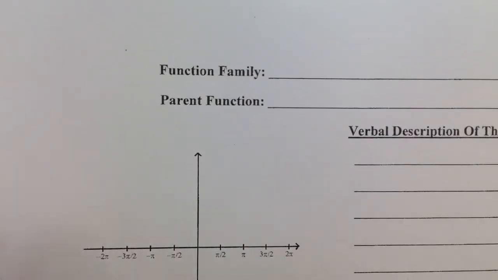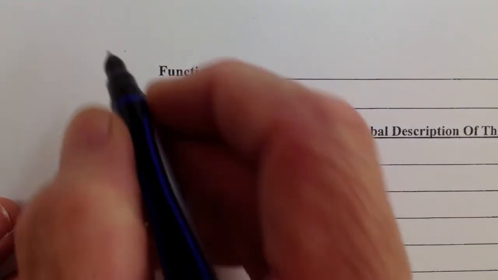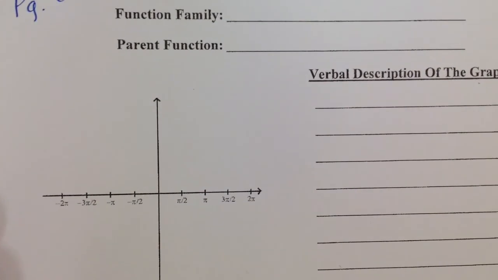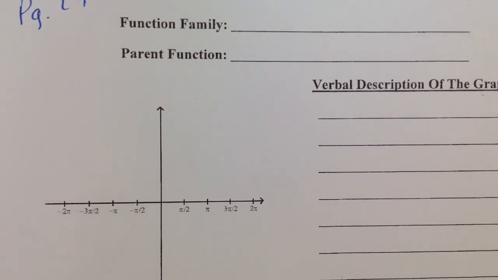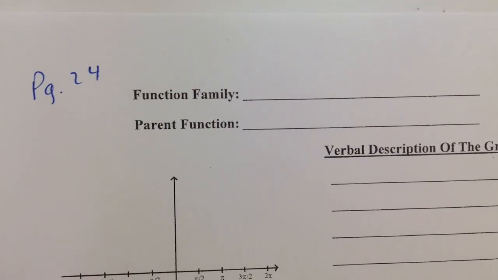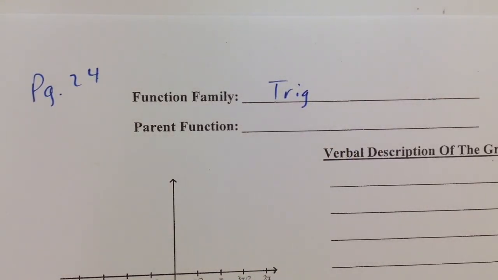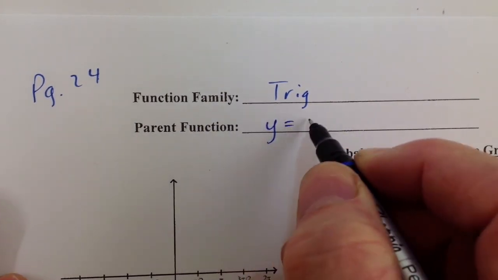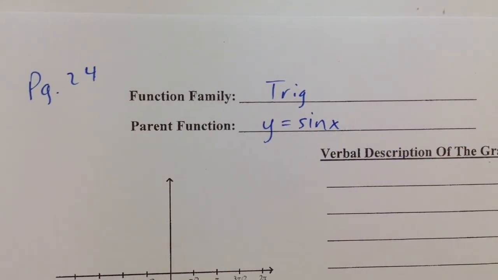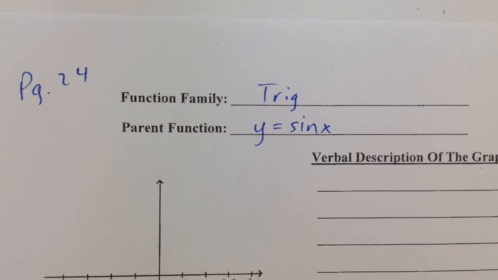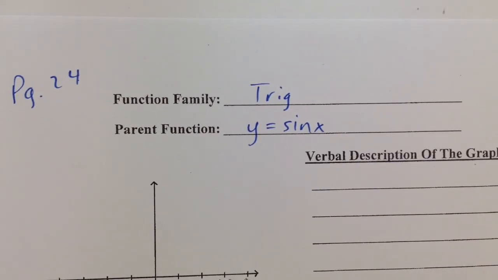if you've already done, maybe you jumped ahead and did the videos pages 14 through 23, I want you to know that on the back side of page 23 you should have a different template. This is where we start the trigonometric functions, and so the first trig function is going to be y equals the sine of x, and so the function family would be trig. I'll just shorten it from trigonometric to trig, and the parent function would be y is equal to the sine of x. And we will get into that later on when we start the trig unit, but for right now I just wanted to make sure you understand that on the back side of your page 23 should be